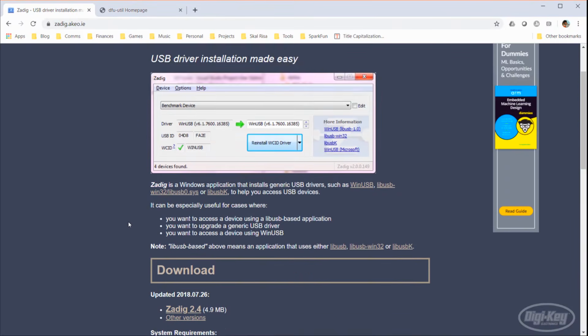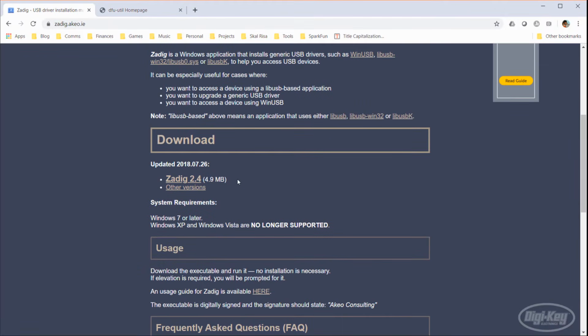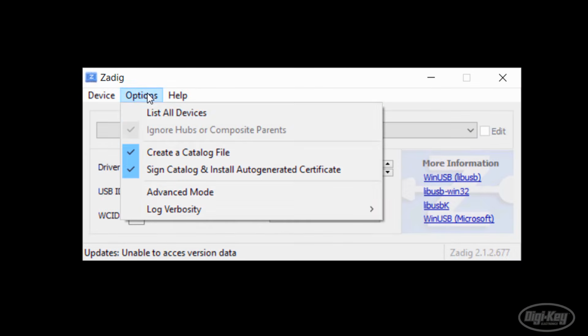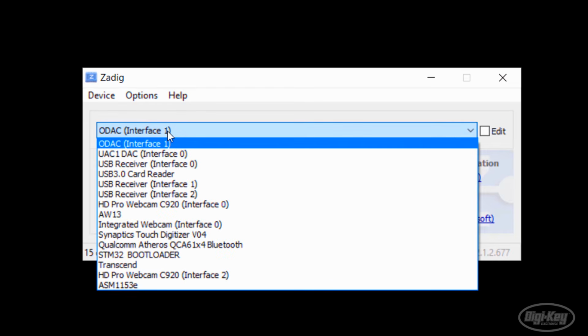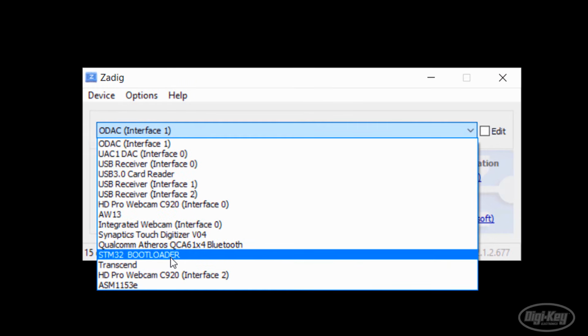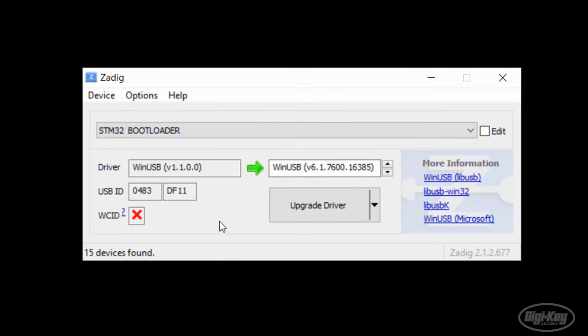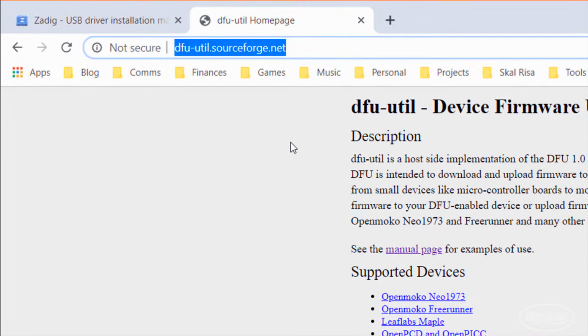zadig.akeo.ie and download the latest Zadig software. Install it and run it. Click Options, List All Devices, and select your STM32 device from the drop-down list. Make sure WinUSB is selected as the driver and click Upgrade Driver. This will install the necessary Windows driver to let us send binary files over to the bootloader running on the STM32. After that, head to